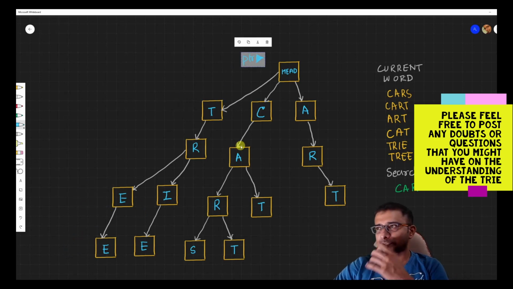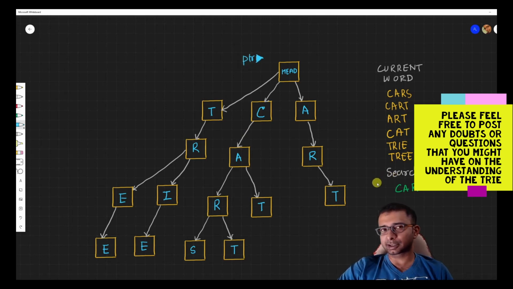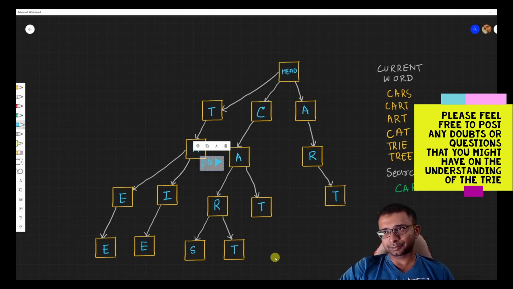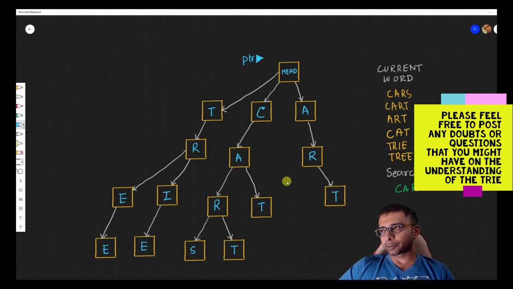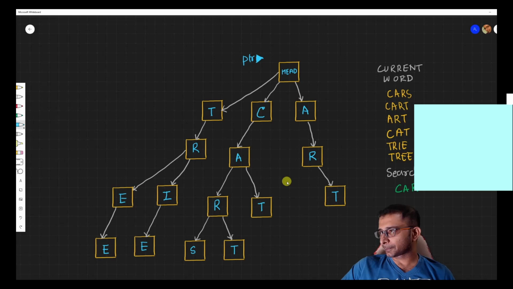Now, talking about the prefix search, we are supposed to implement a method with the prefix search. If I ask you what words there are with CA, you can say that with CA you have CAT, CARS, and CART, right? So this works perfectly, and the problem begins over here. Now, if I ask you, we are good with the prefix search, right?